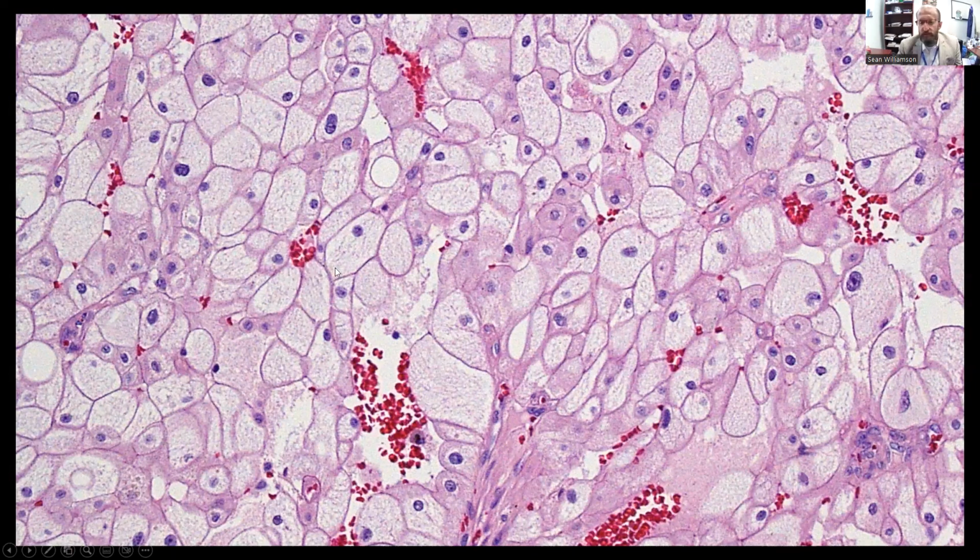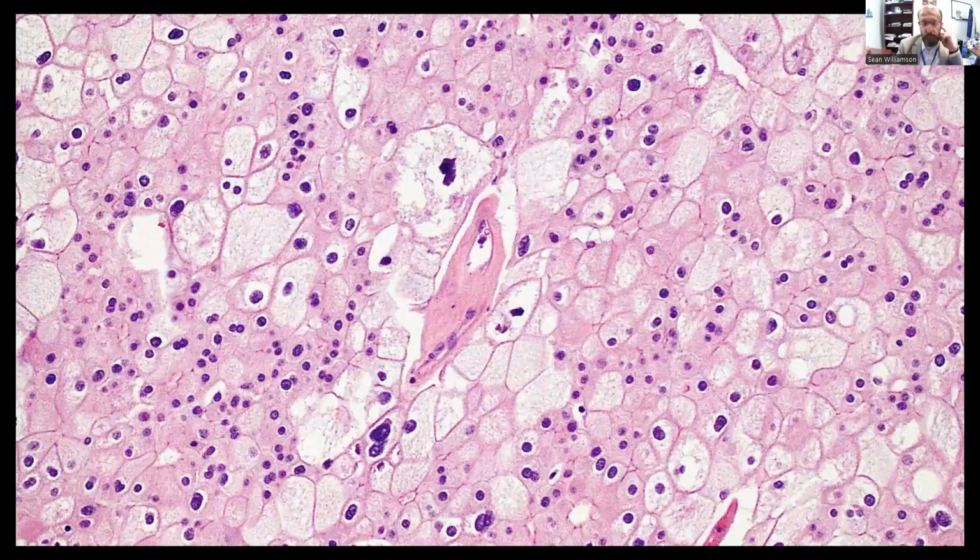Although some of the features that we look for as pathologists to make this diagnosis are, you can see these very crisp lines throughout the picture here. The crisp lines are the borders between one cell and the next cell. With chromophobe, we often refer to them as having extremely prominent cell borders, where you can tell that there's a very sharp line where one cell ends and the next cell begins. That's just one of the features that we look for as pathologists when we're making a diagnosis of this